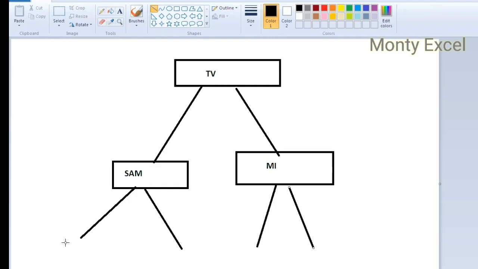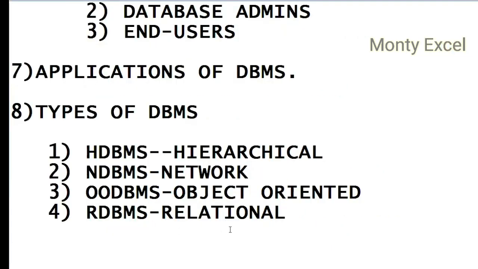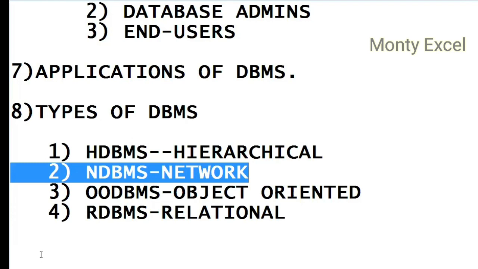Let's see what the network model is. Hope you understood how the hierarchical model works. That is parent and child, stored in the form of a tree structure. All right, the next one is NDBMS, a network database management system. In this model, again, it's primarily a one-to-one relation, or it can have one-to-many